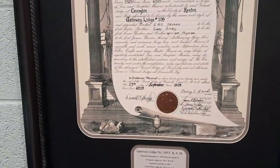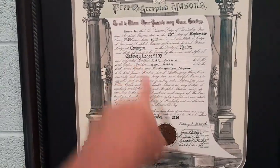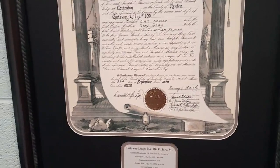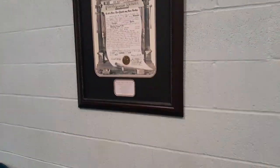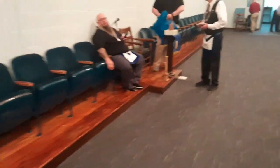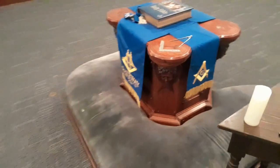They had a couple lodges merged together, and they changed their name to Gateway 109, which is recent. We're talking about 2020 when they did that. But they took 109 from another lodge that had a lower number. And we got our junior wardens, which is pretty busy over here. Same kind of thing as we saw the senior warden. And last but not least, I want to show you the